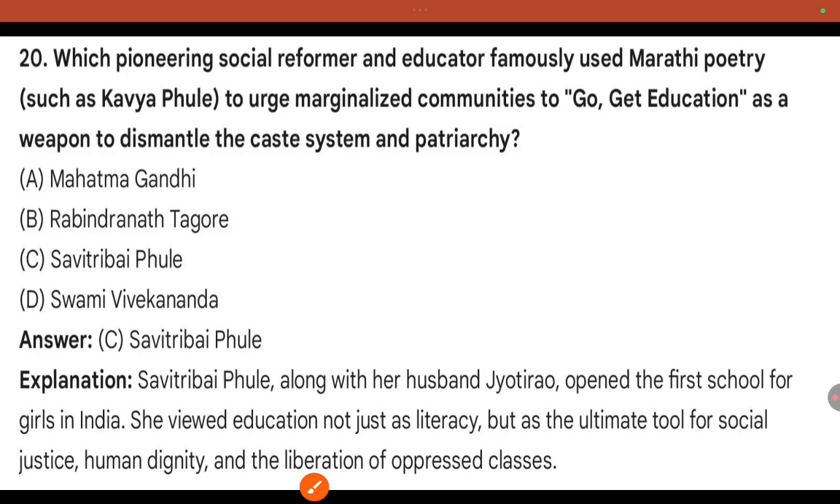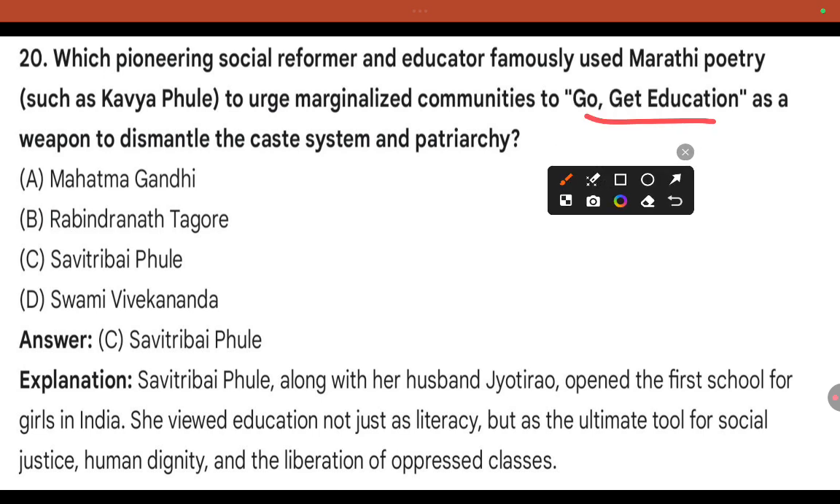20th. Which pioneering social reformer and educator famously used Marathi poetry, such as Kavya Phule, to urge marginalized communities to go get education as a weapon to dismantle the caste system and patriarchy? Mahatma Gandhi, Rabindranath Tagore, Savitribai Phule, Swami Vivekananda. So your answer is